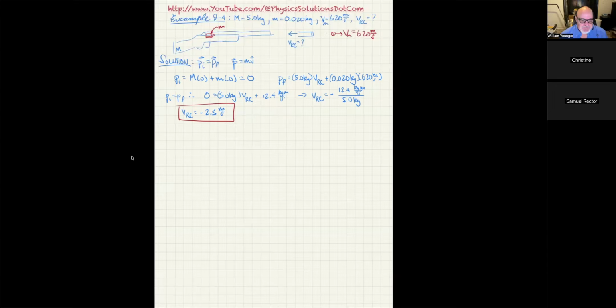Any questions on that one? What equation did you use for that P final? Okay, momentum for a single object is m times v. But what I mentioned when we first covered momentum is you don't have to apply Newton's second law just to a single object. You can take all the objects, like I mentioned a flock of birds, and if you wanted to calculate the total momentum of the flock, treating the birds as a system, it'd be m1 v1, where m1 is the mass of the first bird and v1 is the velocity of the first bird, plus m2 v2 plus m3 v3, and all of that.